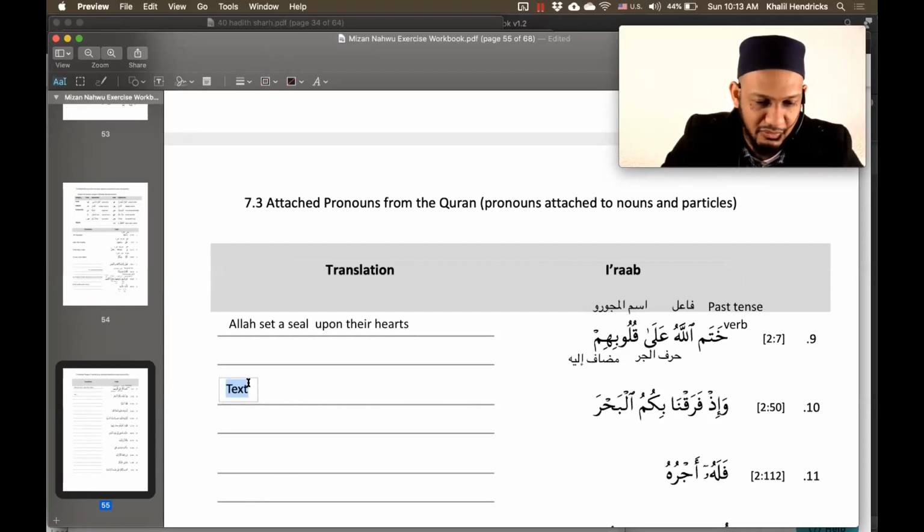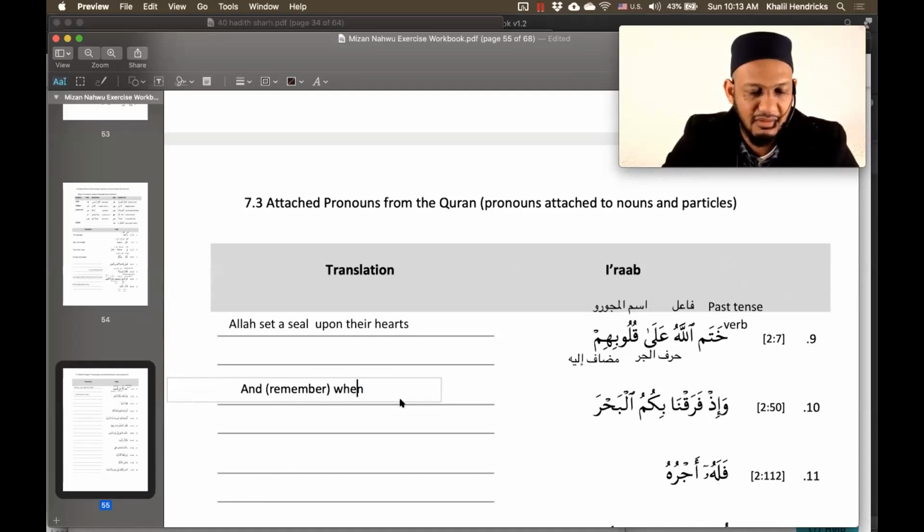What is wa? And what is id? I think that's 'remember when.' Okay, so id on its own means when, in the past. And the 'remember' there is just kind of implied. Okay, but we'll discuss it some other time, inshallah. But good, okay? So in the Quran translation, they'll normally say 'remember when,' but there's no 'remember' in the word. Id means when. The 'remember' is implied, but we'll discuss that some other time, inshallah. Good. So id is 'when' or 'and remember when.'